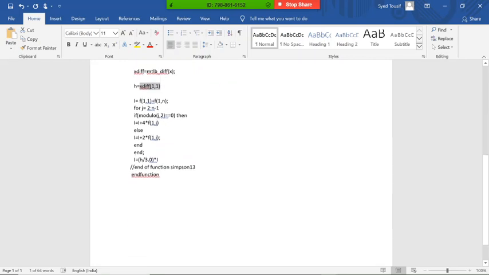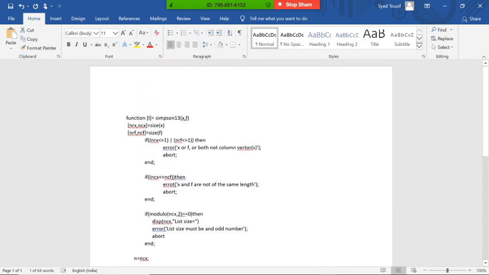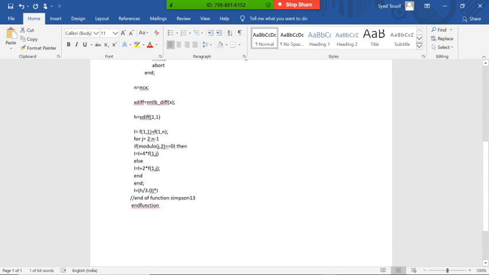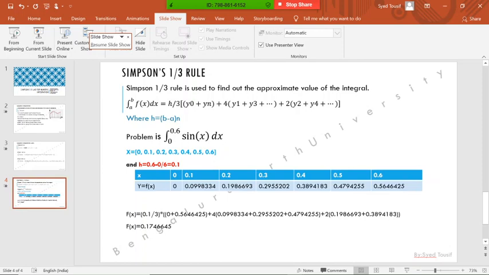We have already passed the function, where f is nothing but sin x. So we pass the first value of x into sin x, and we get a 0 value. Then the other value is the n-th value, that is the sixth value of x. You can see we are calculating the initial value and the final value.